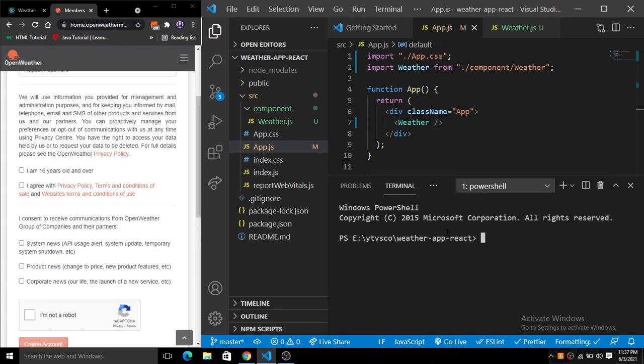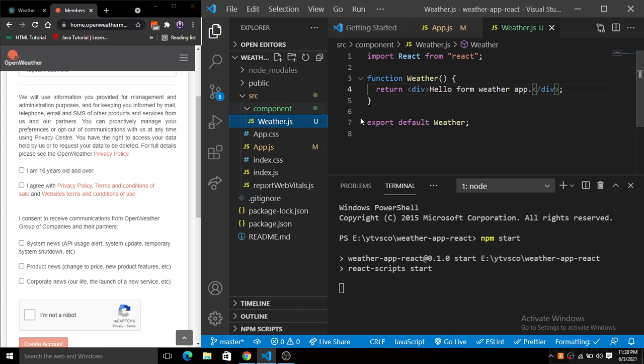But if you don't change anything and just hit enter with the npm start command, you will get a spinning React logo in the browser. So it will start our React application using this command npm start, and inside of it this weather.js component, that is the hello from weather, will be rendered.